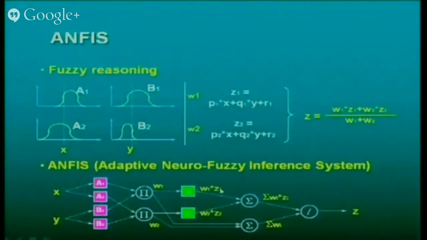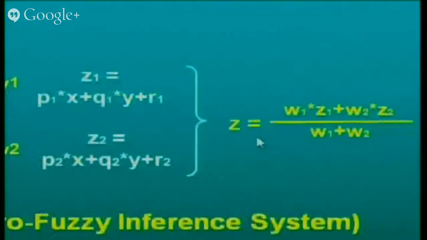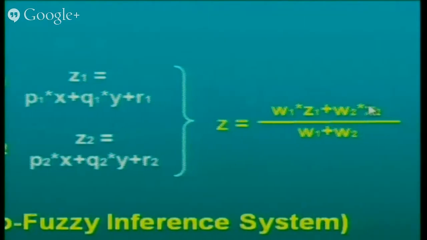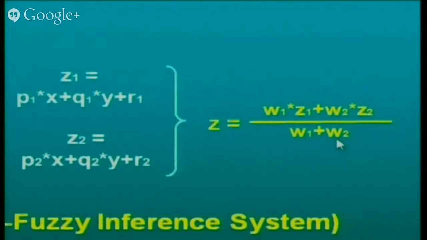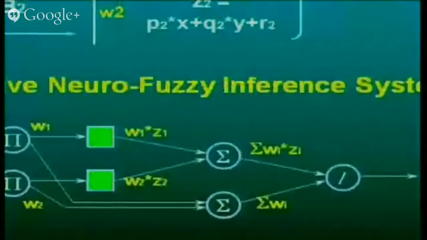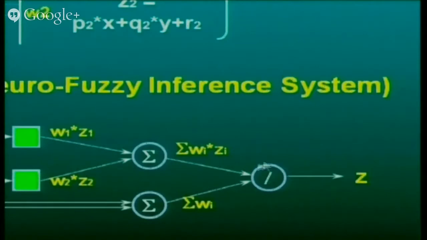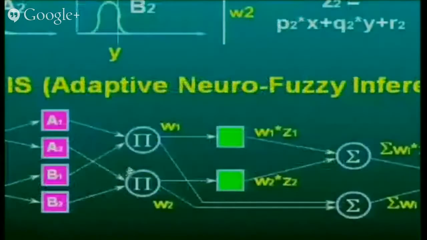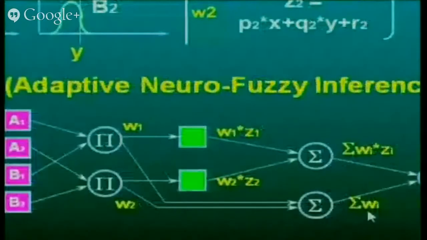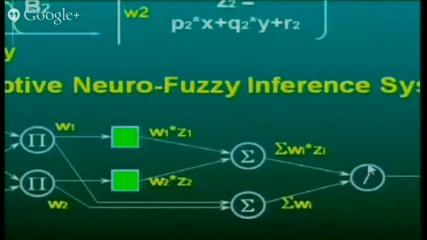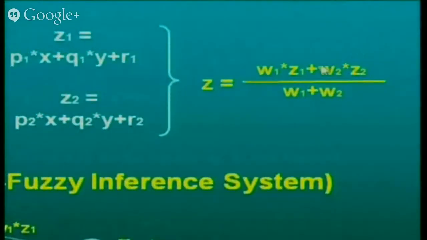So here, with these weights you are just multiplying W1 into Z1, similarly W2 into Z2, and you are summing it here. Because what is your output? Your output is weight W1 into Z1 plus W2 into Z2 divided by weights W1 and W2. Correspondingly, the same thing you have done here also. First of all, the W1 Z1 and W2 Z2 that you have generated, you have summed them. Next you take the summation of W1 and W2, sigma Wi, and what is your overall Z? Z is this: W1 into Z1 plus W2 into Z2 divided by W1 plus W2. So that you get it here. Okay, that will be your output.